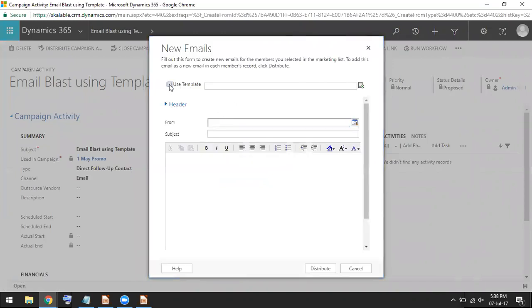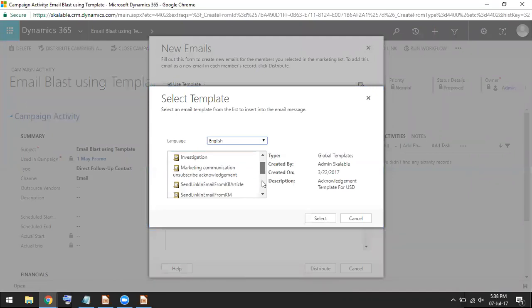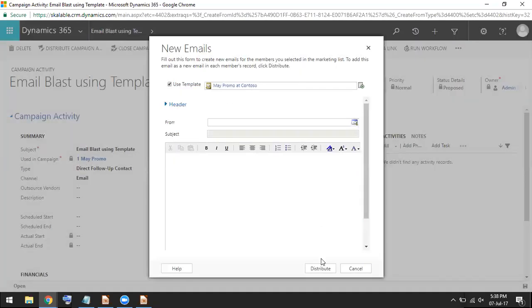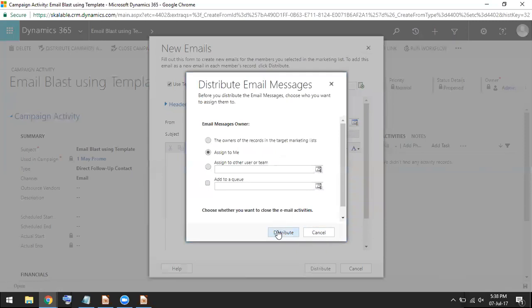So right now I'm going to use the email template. I have created an email template, May promo at contest. I'm selecting that particular email template and just hit the distribute button. Assign to me and I will distribute.